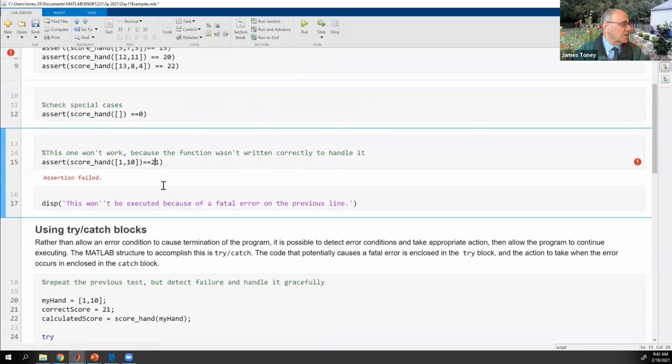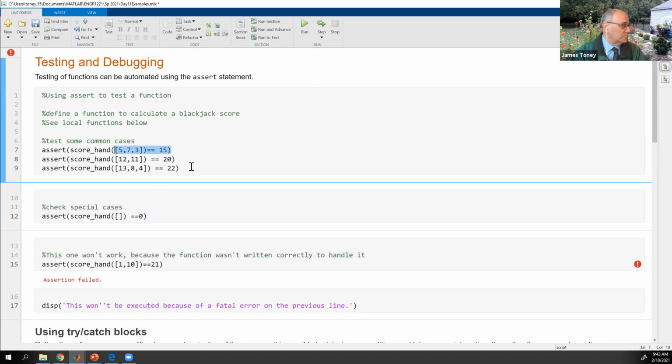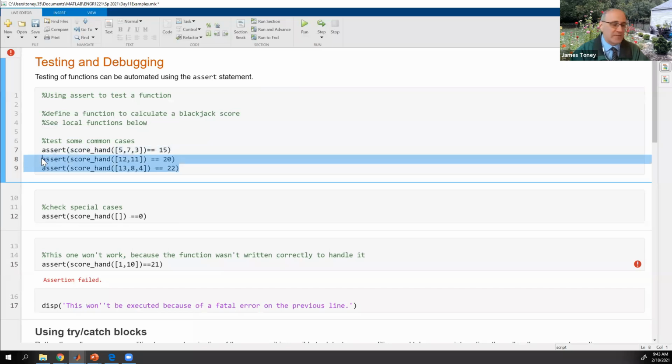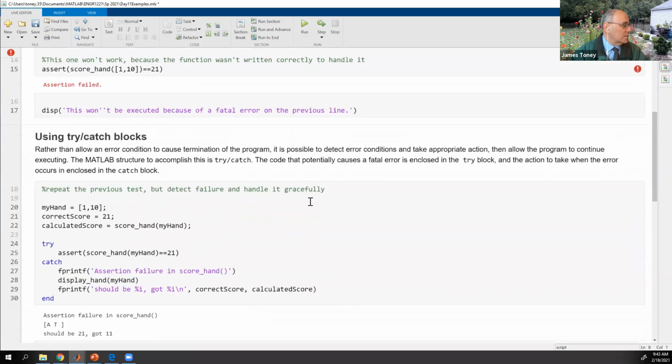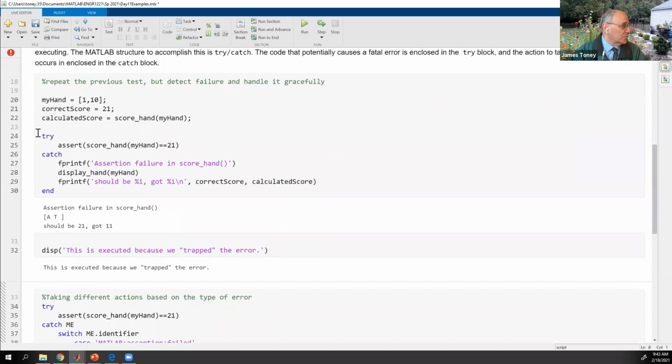All right, now that's not always ideal, because if you have a long list of tests like this, if one test fails, you'd really rather it continue and do the subsequent test. You'd like to say, well, this test failed, but let's go do the other tests anyway and see if they pass. So one way you can do that, there's something called try catch,